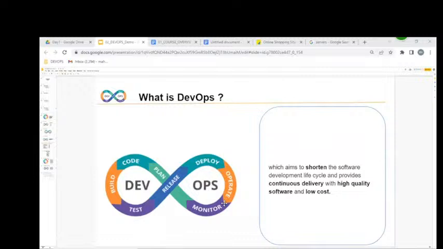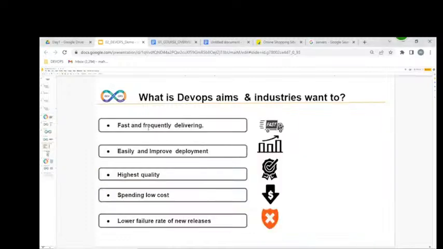By using DevOps, the advantages are that we can deliver fast and frequently, and improve the number of deployments, with high quality, low cost, and a low failure rate.